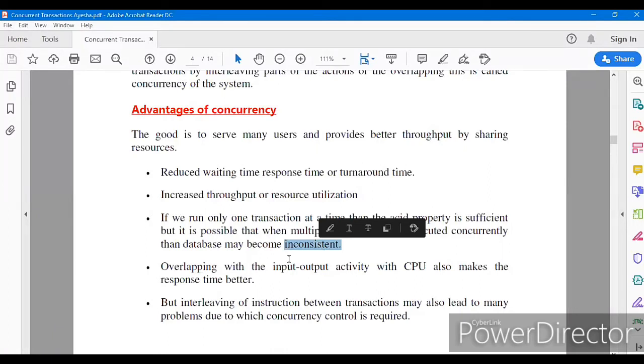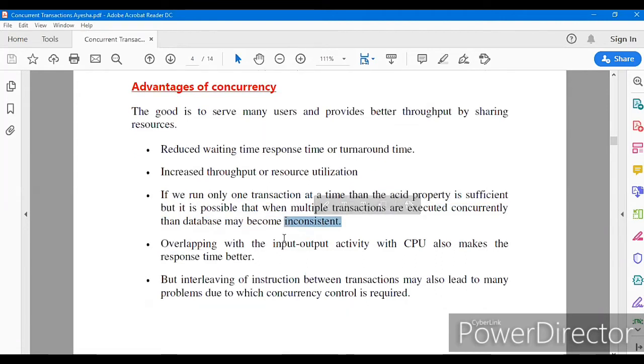So we have to take care of the consistency aspect in multiple transactions. A lot of operating systems concepts are involved, and even the basic concept of normalization has to be taken care of when you go through the ACID properties, especially for multiple transactions.